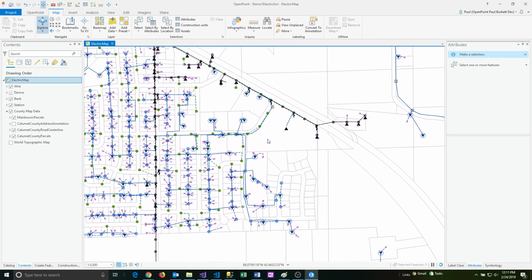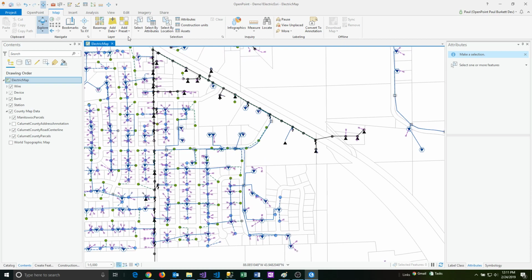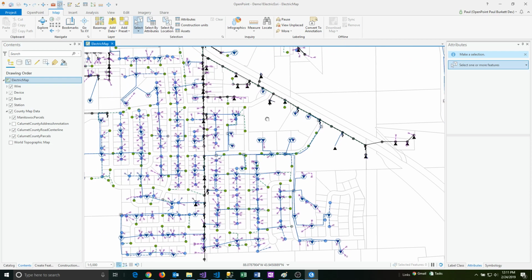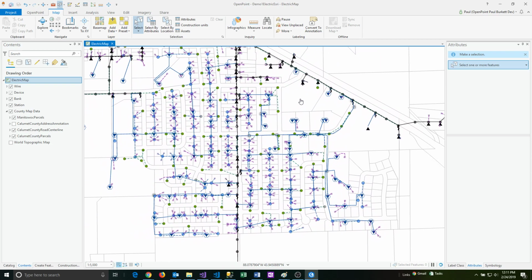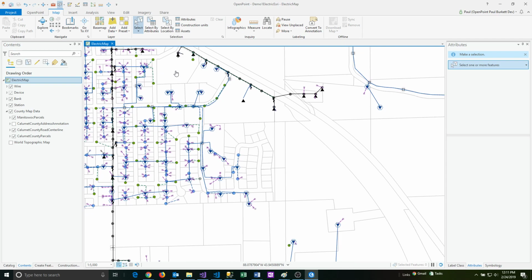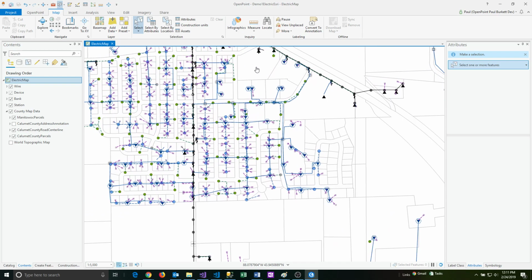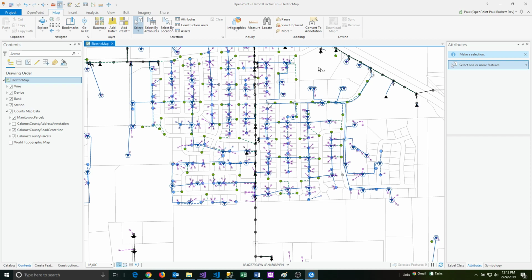If you're in select mode, let me click on select here. I also have it up here in the toolbar as well. Either way, now we're in select mode, you can also pan around if you press the C key. So you press C, then hold the left mouse button, and start dragging around. It's exactly the same as the Explore option, only you're pressing the C key as you do that. You might think, why would I do that when I could just be in Explore mode? For the way I work, I tend to be looking at a lot of the attributes